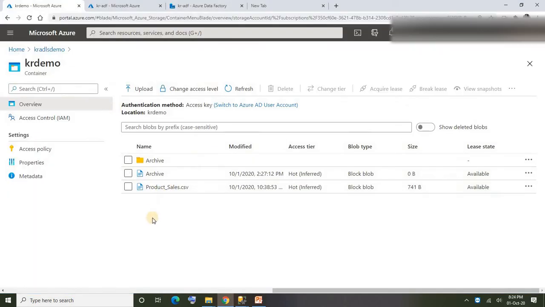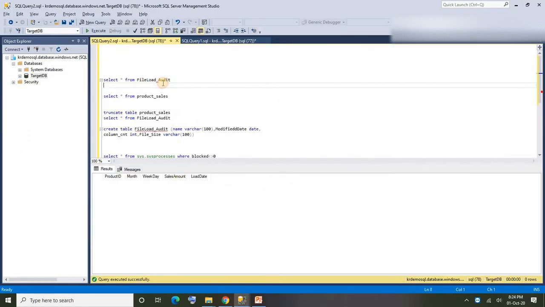Okay, first let me take you guys into SSMS and show you the tables. And this is the audit table which I'll be using for logging purpose. When I execute this query, see here, currently we don't have our file in this table. This is the global audit table; just assume we are going to use this audit table for multiple file loads. But in our case, our file name is product_sales.csv. That is not there currently. We'll see how we load that metadata details into audit table. Okay, and this is the target table, product_sales. If I execute this, I don't have any data currently.